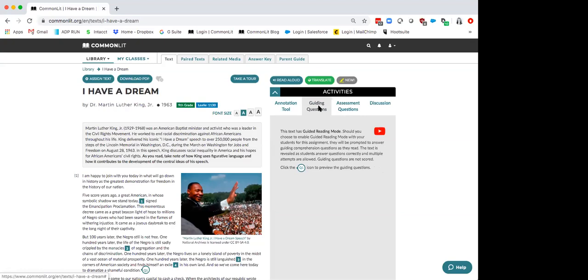It's actually guided reading mode is kind of a tool that you can turn on for your students when you're assigning a text, and you can decide whether you want to assign it to the entire class or just to individual students who you think could use a little bit of extra support. I'll show you how to do that when we're assigning the lesson, but the best part of these questions is